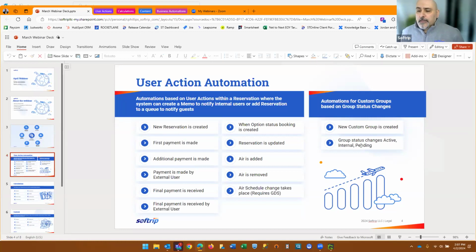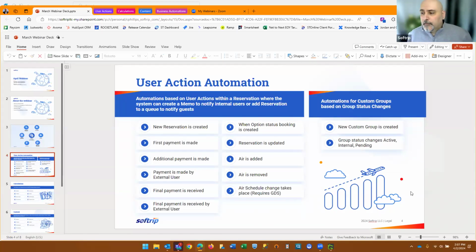And there are a number of areas that we can dive into here that we have provided different types of scenarios that would help your business to automate a lot of these actions. On top of that, we also do provide what we call the groups status changes events, which allows you to go ahead and notify your internal staff when you're running, let's say, custom itineraries, custom groups, that based on the product status changes, that you can notify your internal staff